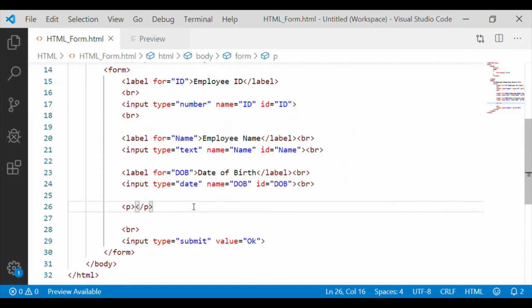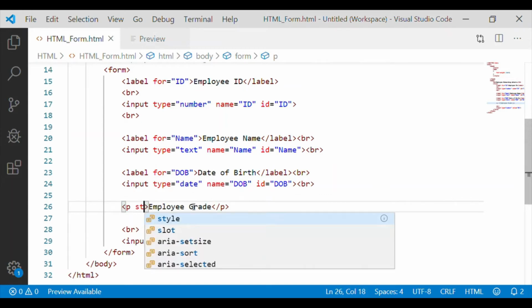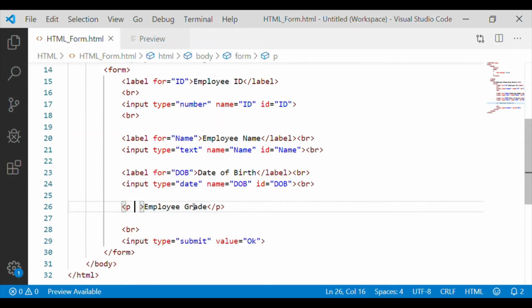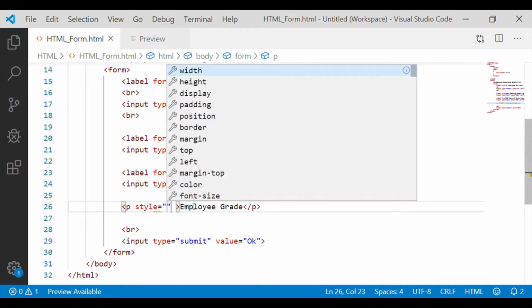After date of birth, let us try to have employee grade. In order to do this, I am introducing the input type radio.